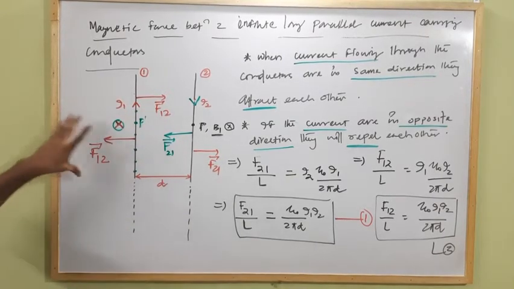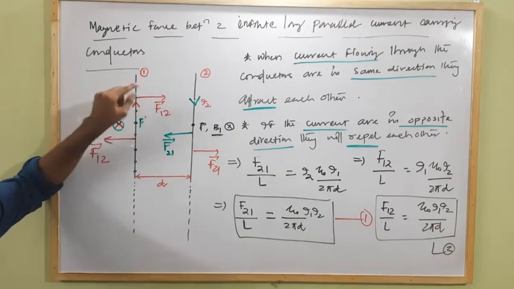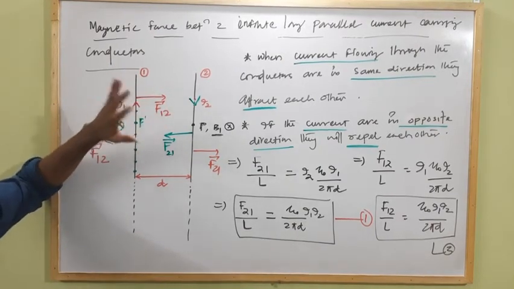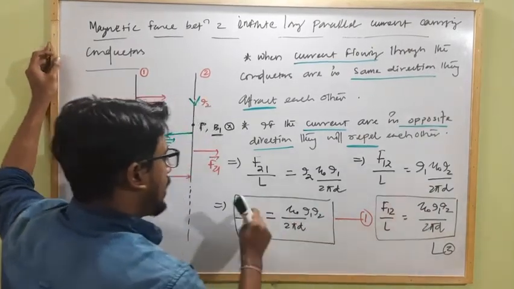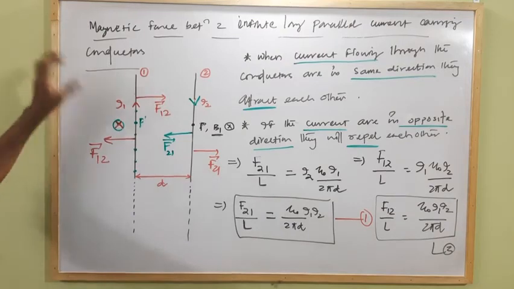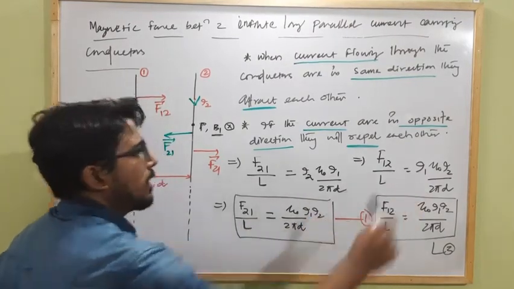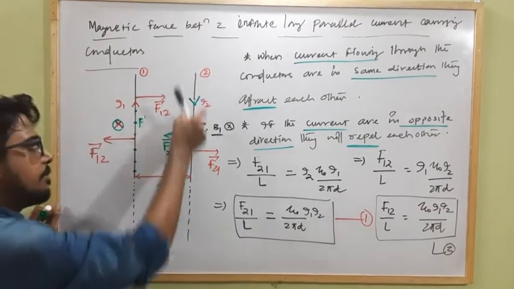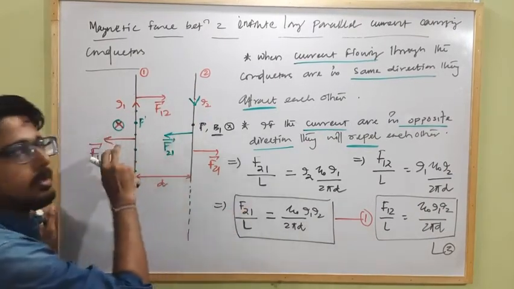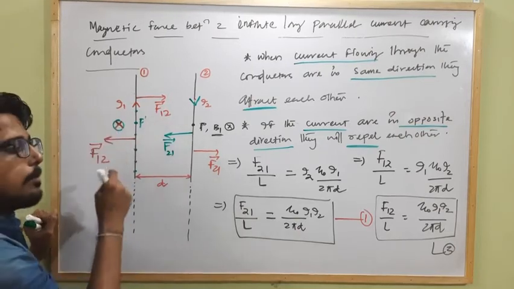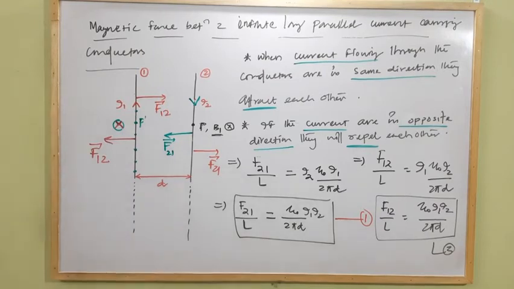So you have to remember this condition, and this is how there will be a magnetic force acting on two parallel long straight current carrying conductors, and these are the magnitudes of the force, which will be calculated per unit length. If they have some finite length, then we can multiply this length over there. Clear? As these are of infinite length, we have to calculate the force acting on each conductor due to the other one per unit length. Clear? Okay.